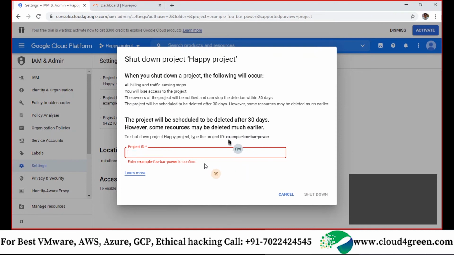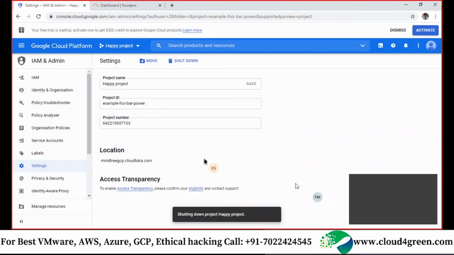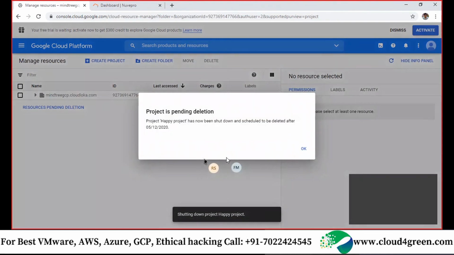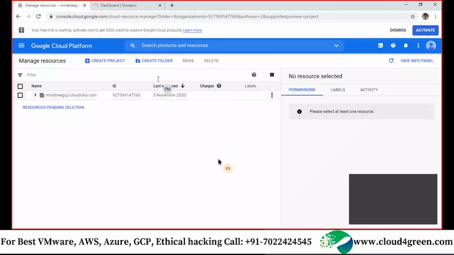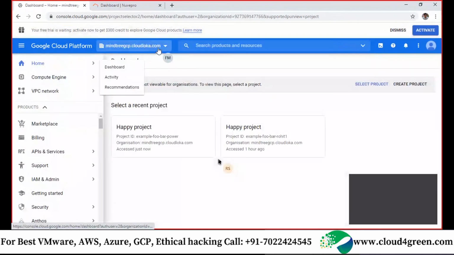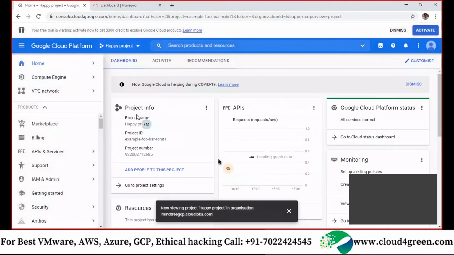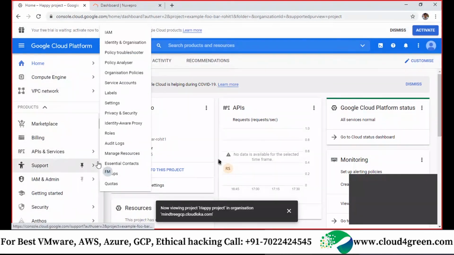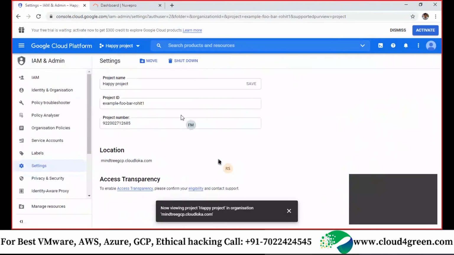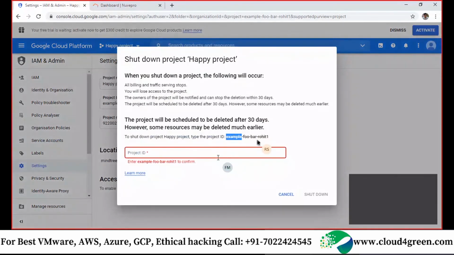No, you didn't copy. This one example, copy this. Can you copy this and paste?